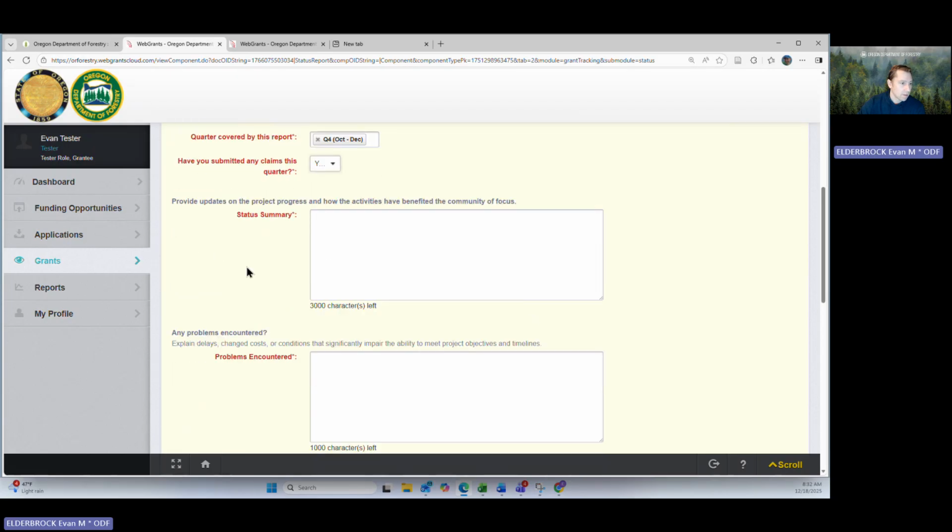And then we're asked to provide updates on the project progress and how the activities have benefited the community of focus. So I'm just going to give a really brief example here, but this is where you can summarize all of the project activities and progress that you've had for this particular reporting period. So I might say during Q4 2025, we focused on planning and community engagement,